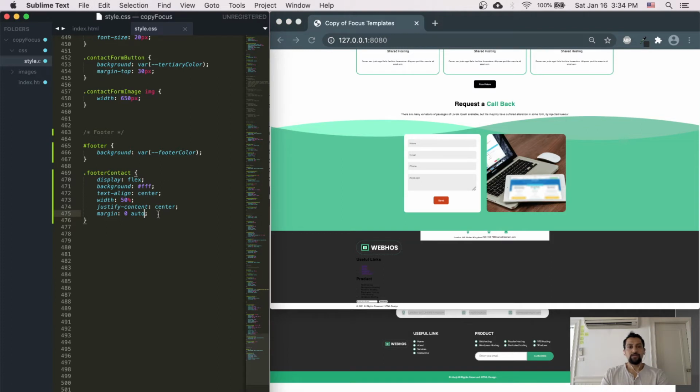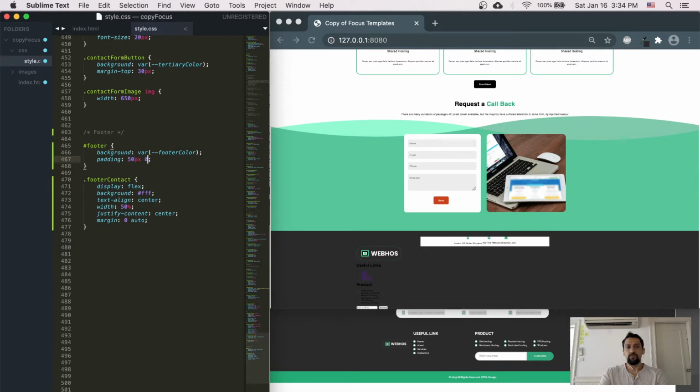Okay, what do we need to do now? Up top there is padding. I want to add top and bottom padding. So padding top and bottom is 50 pixels and 0 left and right. Then we see what happens. So we have padding on the top, very nice, and we should be good to